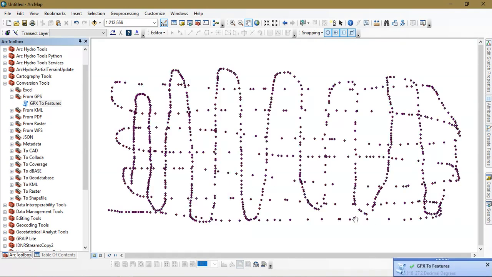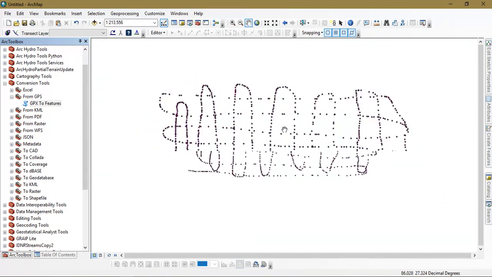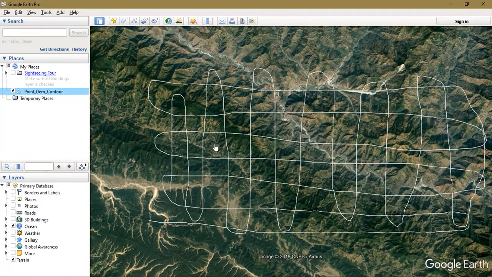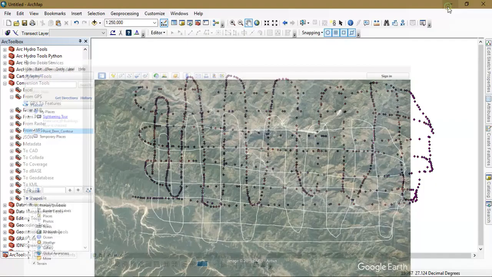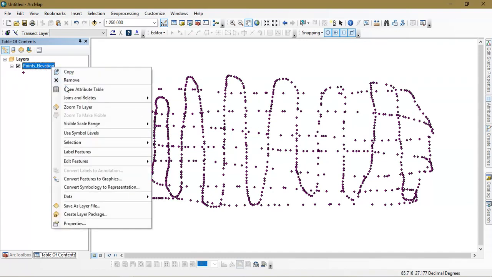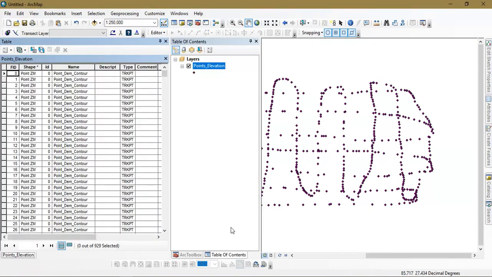As you can see here, I have got my points, that is my GPX has been converted into points, that is in a feature file format. It looks similar to the Google Earth path, but in this data we'll be having an important value which is related to elevations.